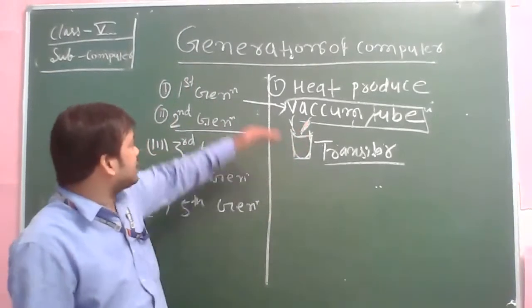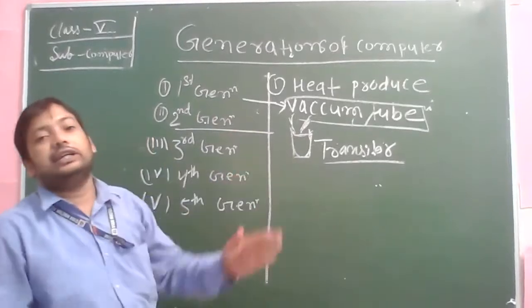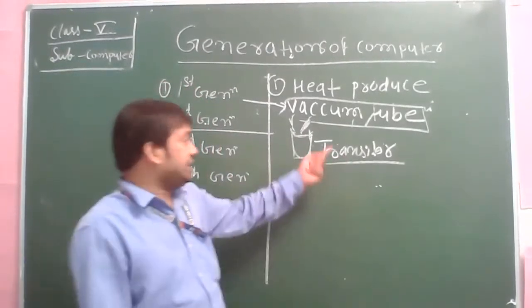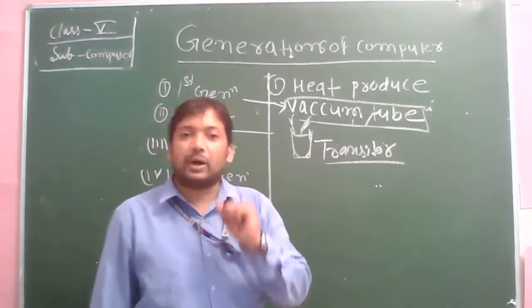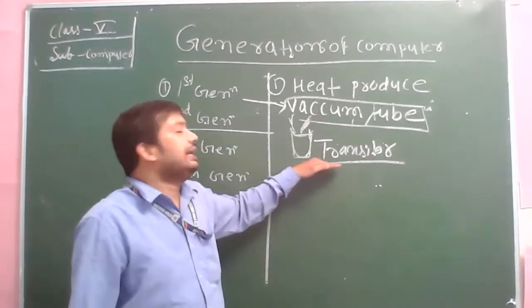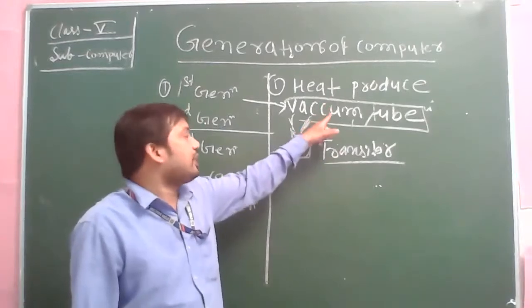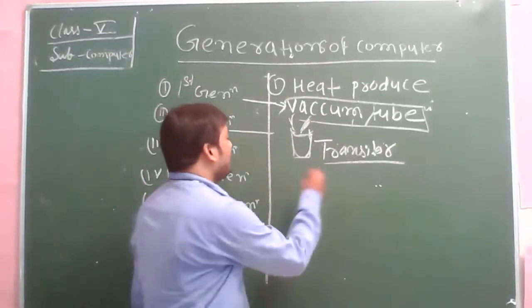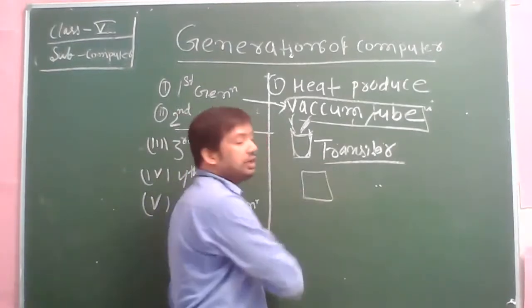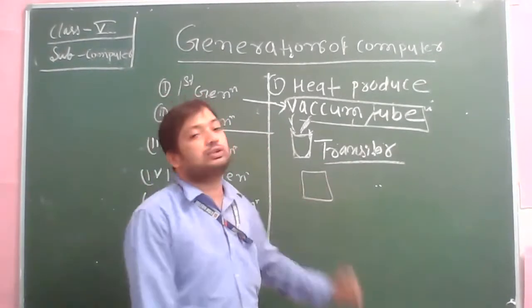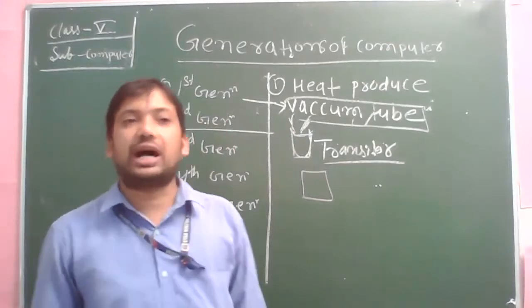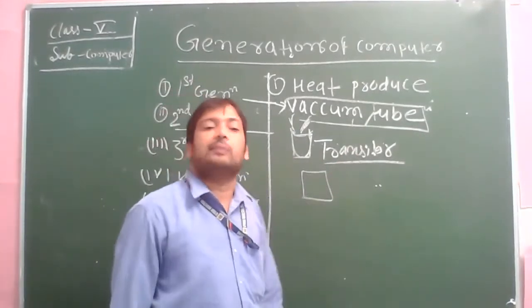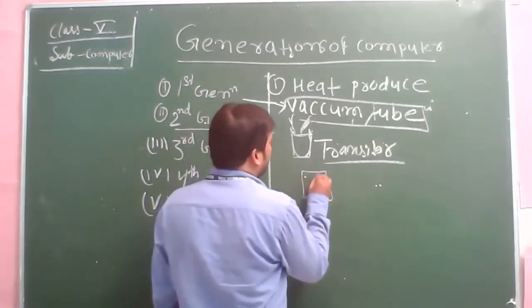With the transistor, the size of the computer became a little bit smaller than the first generation. But it still had the same problem, though it produced less heat than the first generation. The same option was there to input the data: here also we use the punch card to input the data into this computer.